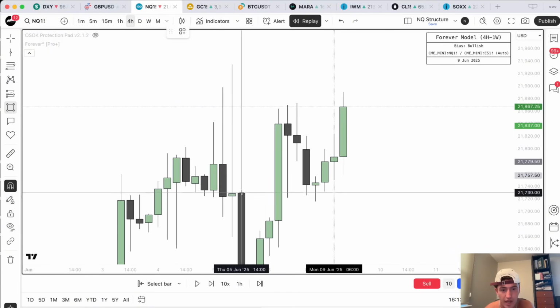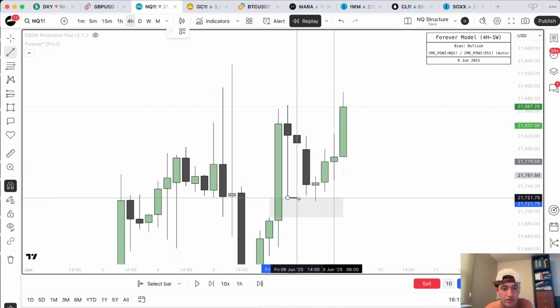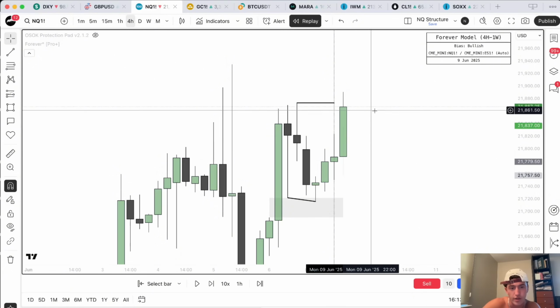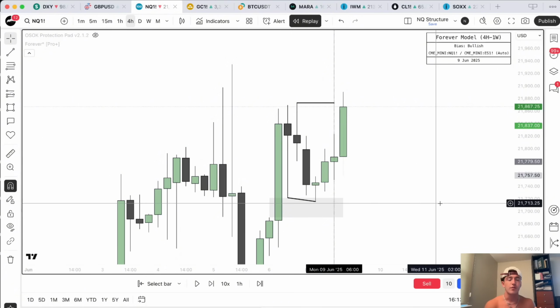We tapped this 4-hour gap. We created SMT inside of that gap, and then that led us to see a New York continuation to take out this resting high after we set in the low during Asia session. Very nice, simplistic, and obvious view of price delivery for the people that were confused prior as to how I derived this trade and what made me do this. This is exactly why. There was not enough data for me to look for anything on the weekly or the daily. So I resorted to a 1-hour to a 4-hour perspective, and the setup was clean.